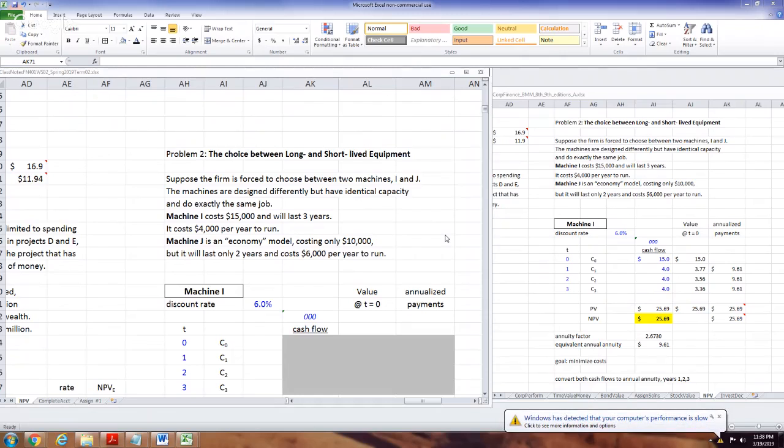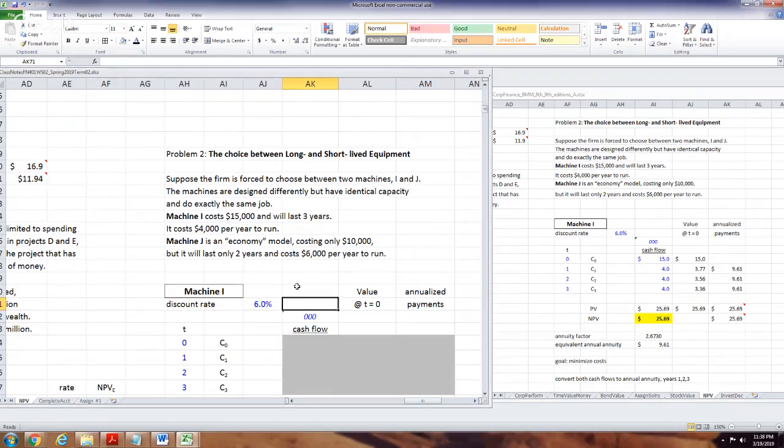Same thing with these machines. The reason one of them might cost a little bit more is that the more expensive one automates a little bit better, and it lasts a little bit longer. It's cheaper to run and lasts longer, but it's more expensive to buy. So you have to figure it out, and it's generally not just two choices. There could be more choices for these things.